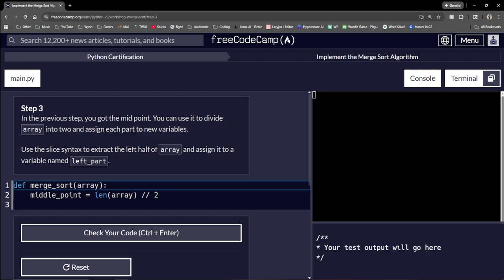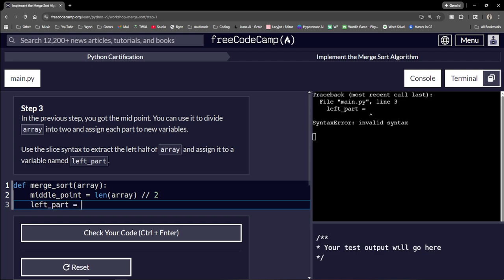In the previous step, you got the midpoint. You can use it to divide the array into 2. Assign each part to new variables. Use the slice syntax to extract the left half of the array and assign it to a variable name. So we're going to call it left part. And how do we do this again? Asking for the slice syntax to extract the left half of the